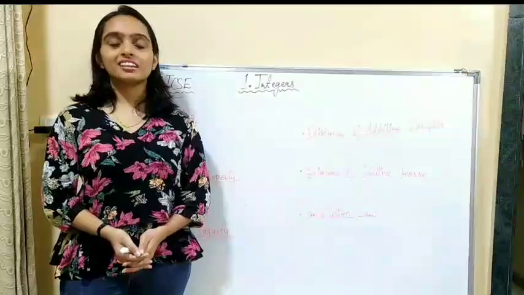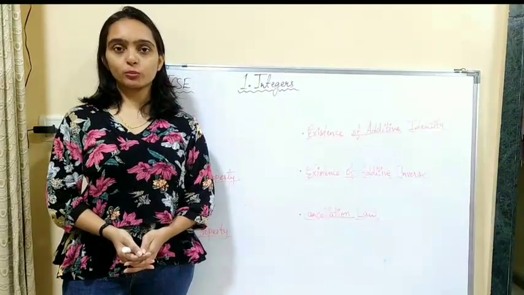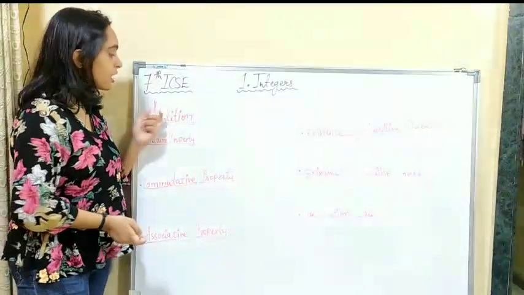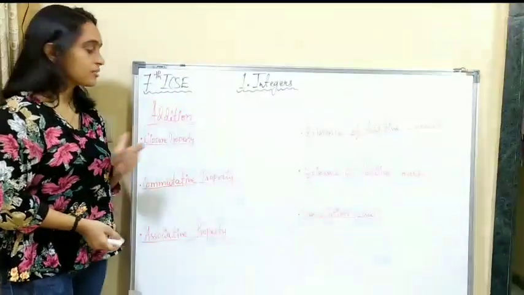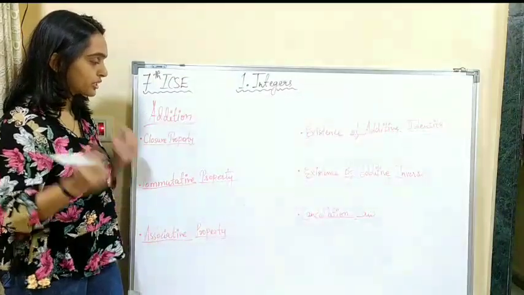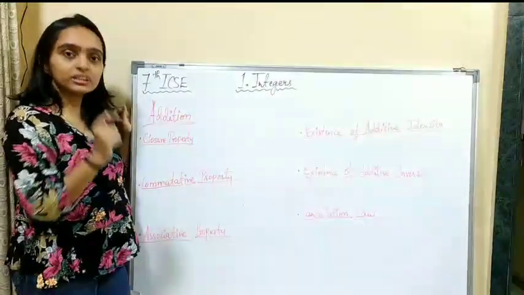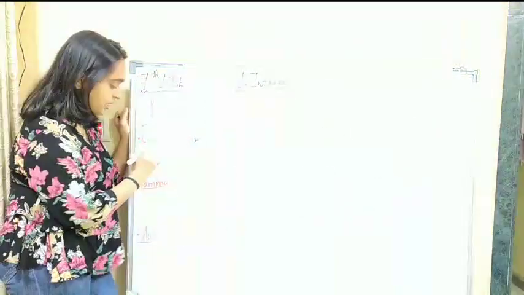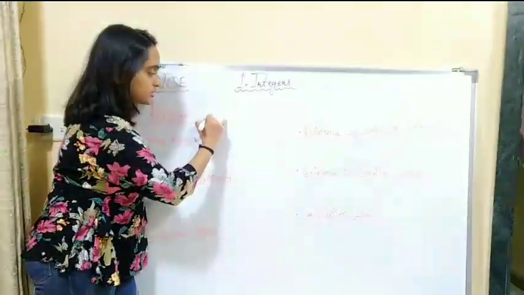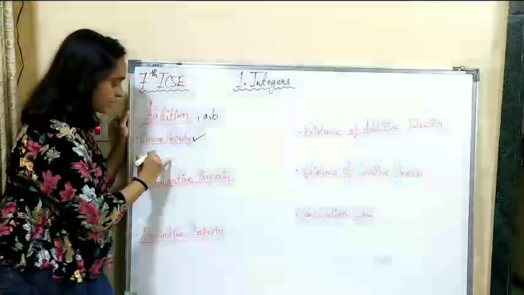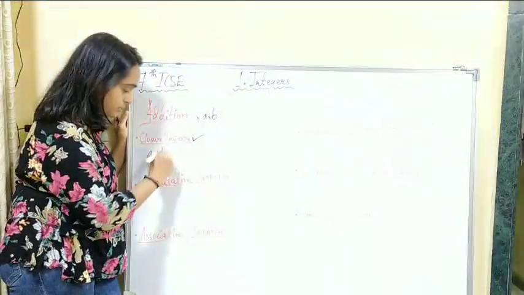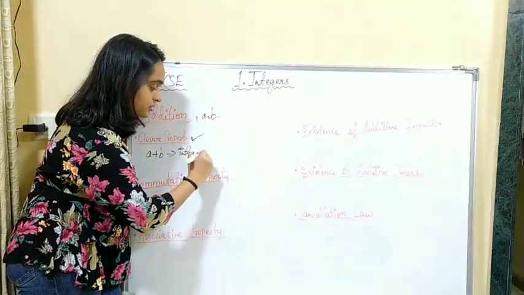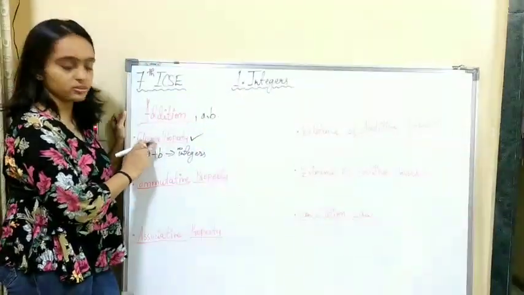Okay. Now we will study about the properties on fundamental operations. The first property to be learned is under addition. The first property is closure property. While adding two integers, the closure property is satisfied. That is, if you have any two integers, say a and b, then adding them, that is a plus b, is again an integer. So it is said it is closed under addition.